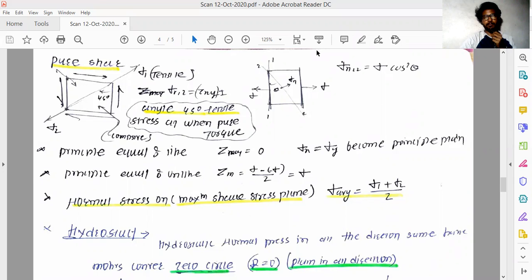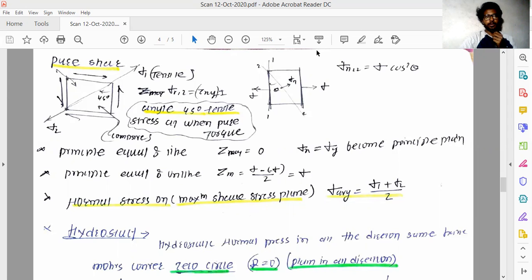Some IES questions used to ask such a thing: in how many parameters can we draw the Mohr circle? So the answer is basically three. And the remaining portion of this chapter we are going to cover in this lecture. It will be a quick lecture, but in it, the first condition we are going to discuss is